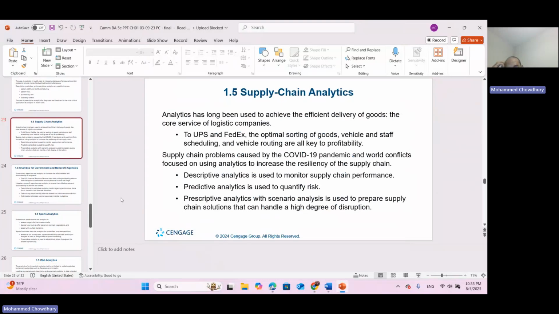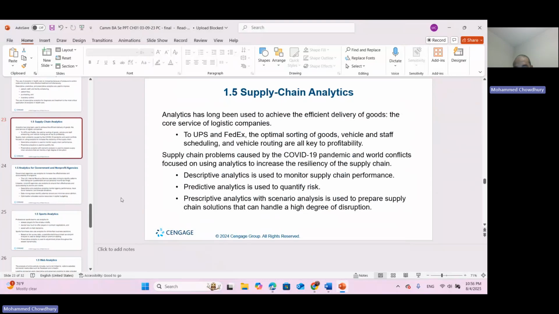So supply chain is very important, and descriptive, predictive, and prescriptive analytics are used there as well. For UPS and FedEx, the optimal sorting of goods, vehicle and staff scheduling, and vehicle routing are all key to profitability. Those can be done using all three: descriptive, prescriptive, and